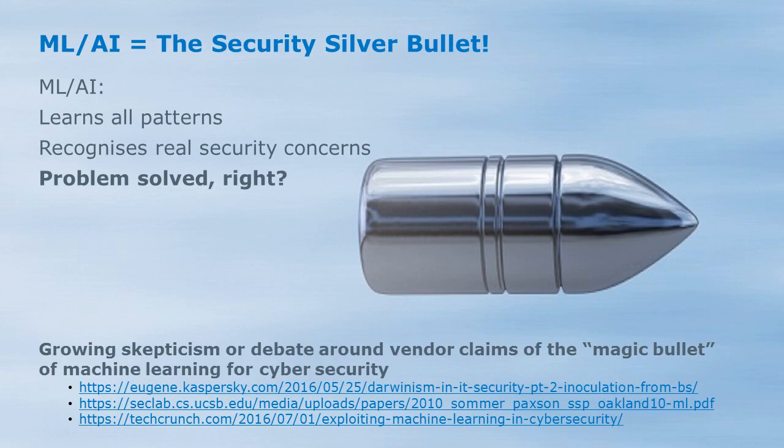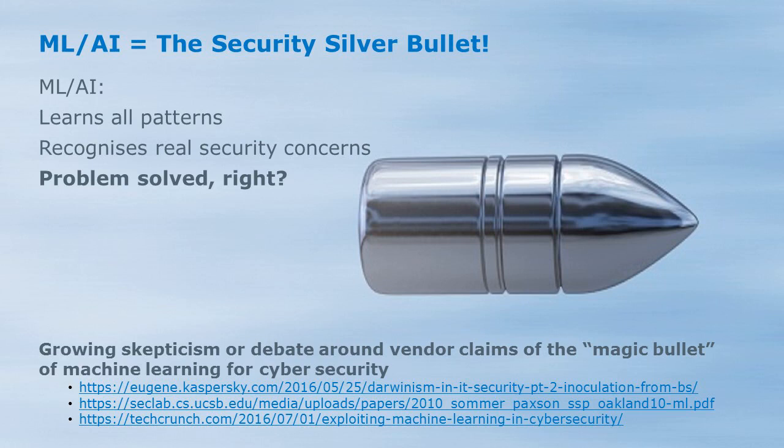We're making some developments in that direction, and I think the reality is there's a lot of debate around vendor claims of the magic bullet of machine learning for cybersecurity, and the reality is there's nothing such as a magic bullet for security. There are technologies, and certainly this technology can help us as it develops, and as the space develops and our understanding of it develops, it can actually help us to move forward in our fight against the threats that we see in our environments.